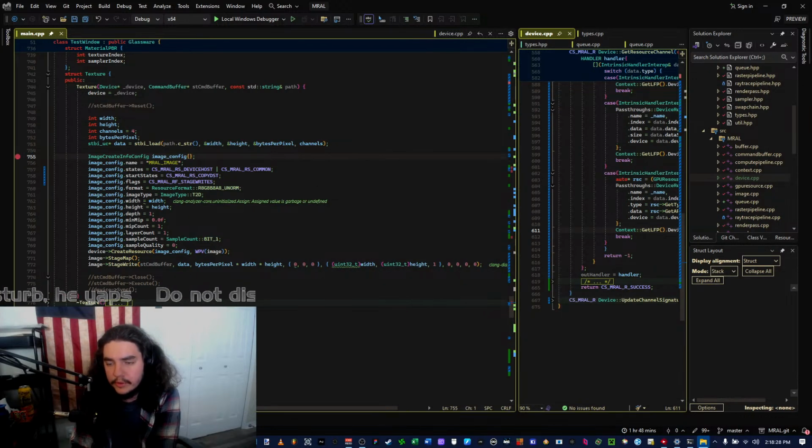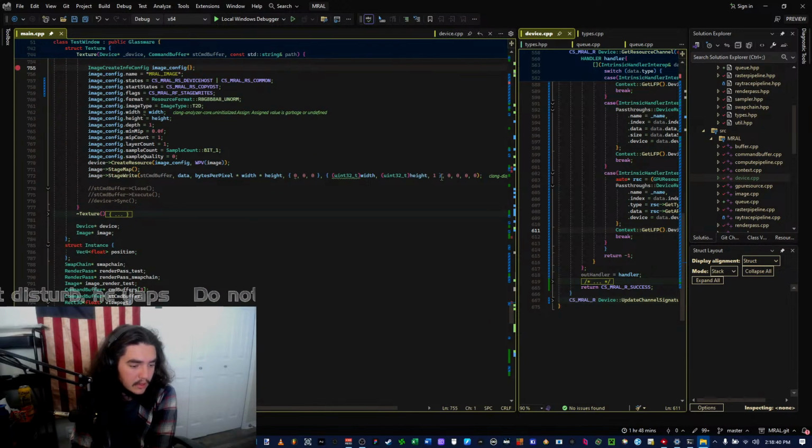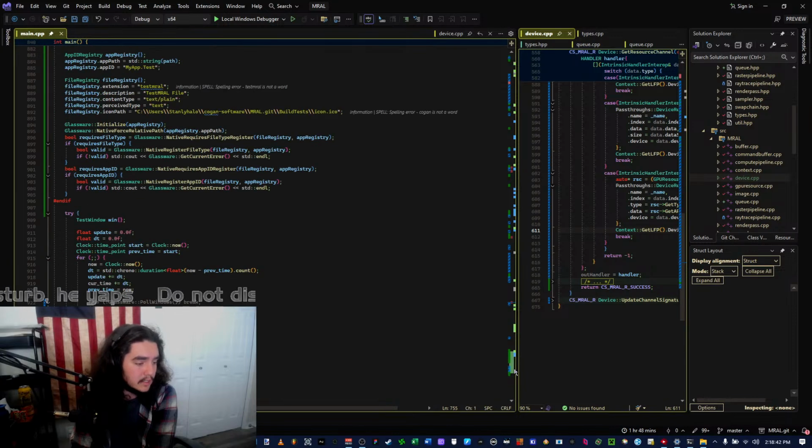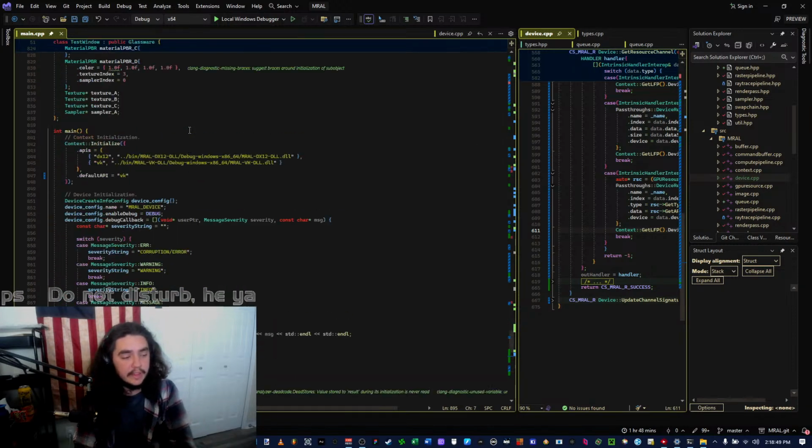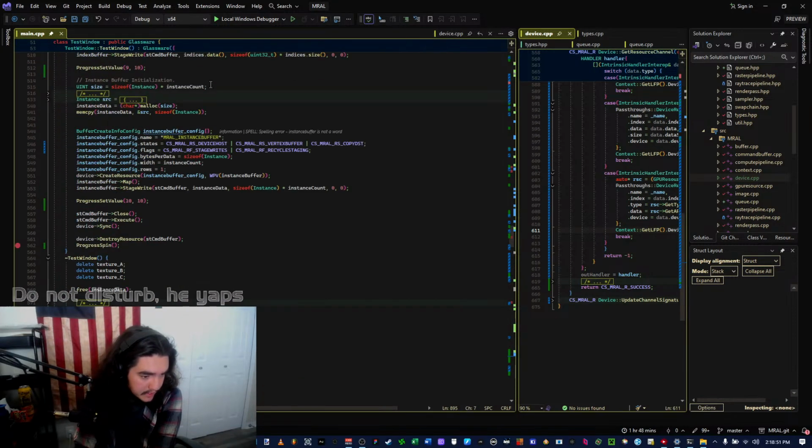MRL, build test, test0.png. No, it should be 1024 by 1024. Oh, you know what? Unless I am calling... Yeah, there we go. Native force relative path.